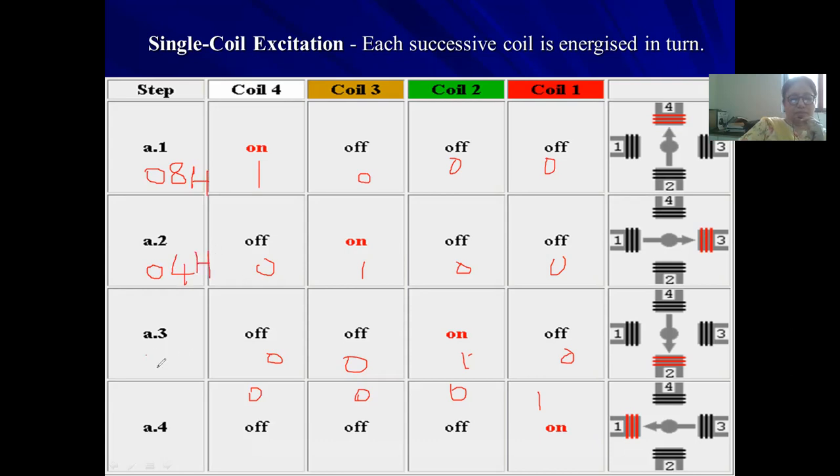This will be 02 in hexadecimal, and this will be 01 in hexadecimal. We can choose any code through which this winding can be interfaced through microcontroller code to the stepper motor. So I hope up till this point the things are clear. Now let us move to the next slide.